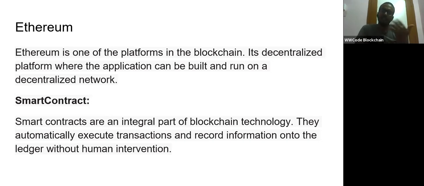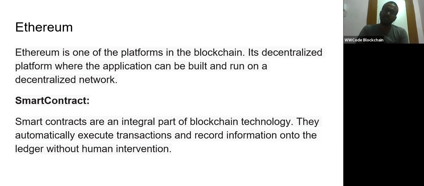Ethereum puts logic code on the blockchain, called smart contracts. These logic codes are put in the blockchain, so they are immutable and no one else can change that logic. The programming code is written in something like Solidity, for smart contracts.